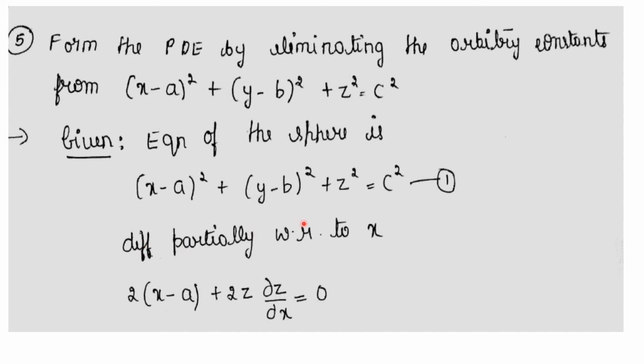So let me differentiate my equation 1 partially with respect to x. So what do you get? How do we differentiate x square? Differentiation of x square is 2 into x, right? So what is the differentiation of x minus a the whole square here? It is 2 into x minus a. Plus, what is the differentiation of y minus b the whole square with respect to x? With respect to x, y minus b the whole square is 0. So differentiation of z square is 2z into dou z by dou x. Differentiation of c square is also constant with respect to x, so even that term will be equal to 0.